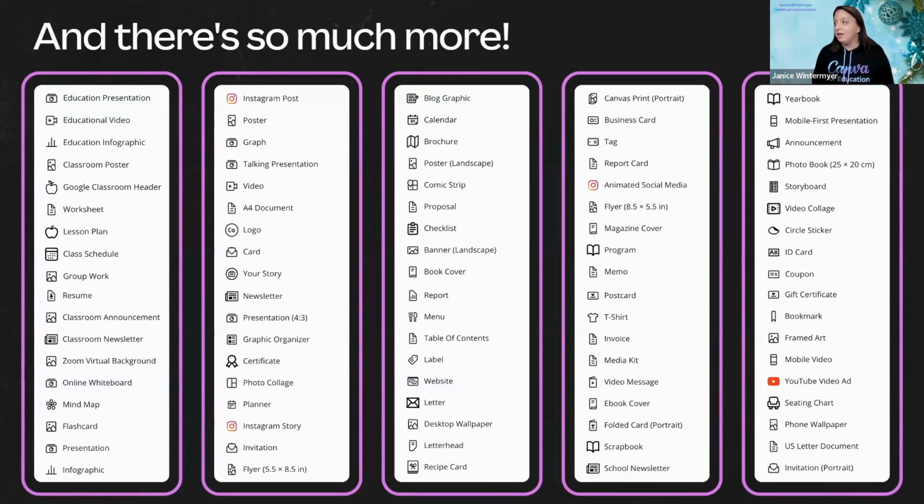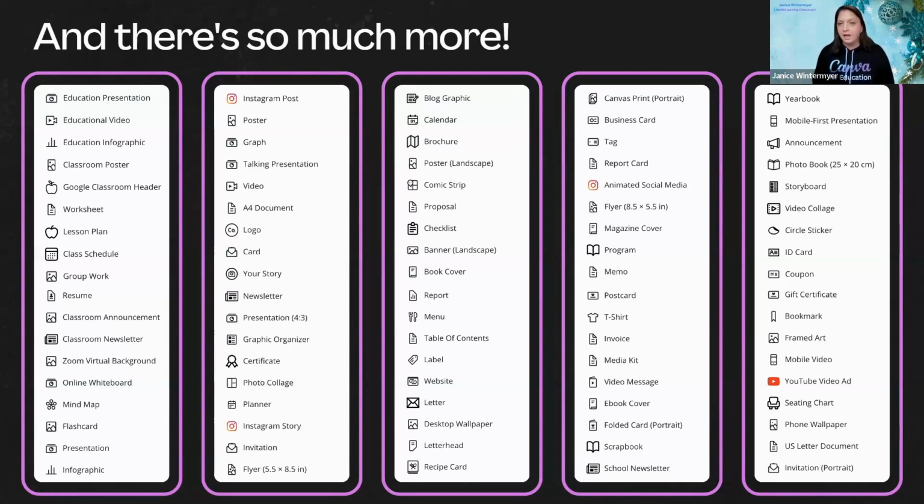So I'm going to give you a minute to skim this over and just see kind of what you notice on here. We are going to do a little bit of a template dive in a little bit. So if there's anything that's interesting or stands out, you can go ahead and make yourself a note of that or jot yourself a little note. But I'm going to give you a minute to skim it over and see all of the different options. Again, not every single thing in Canva, just a broad variety of some of our options that we do have